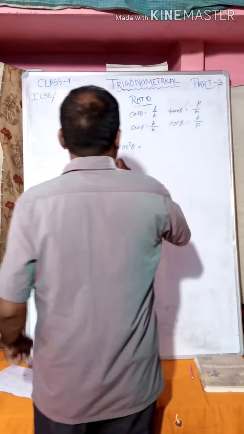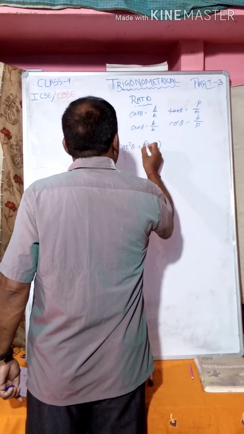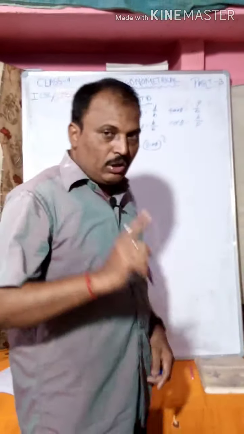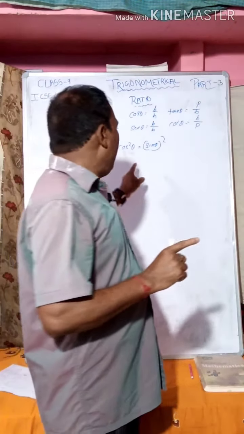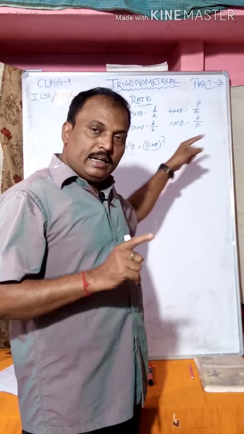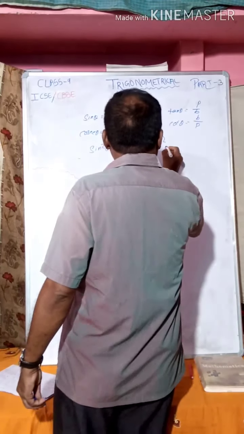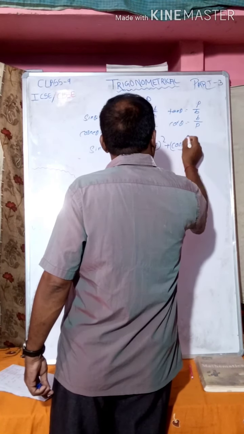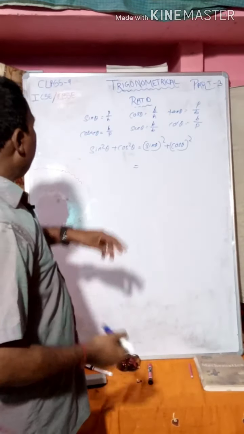Look, sin square theta means sin theta whole square. We cannot write sin square theta square. Theta is always a constant. We cannot write theta square. Sin square theta means the value of sin theta and its square. So sin theta whole square plus cos theta whole square, that is equal to the value of sin theta,